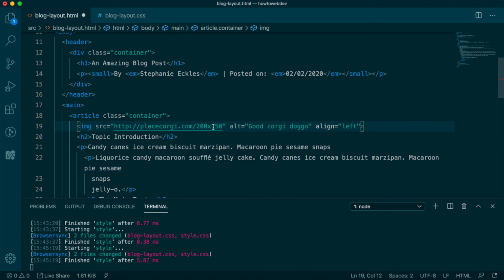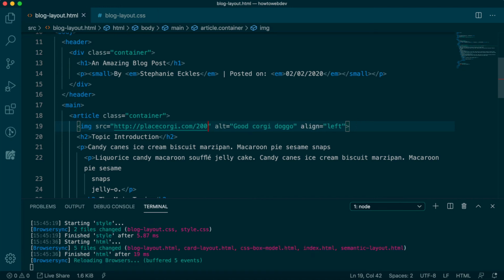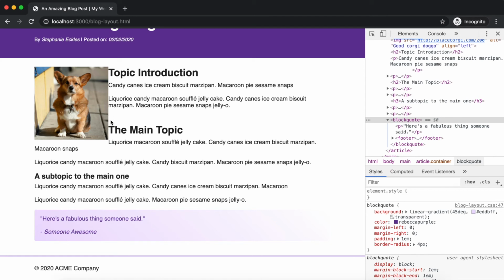back in. Let's also update the source URL to drop the X150, which was added in error in the HTML lesson. The main issue here is lack of space between the image and the surrounding content. Now, we want a rule that won't affect every image we may add to the site, just left-aligned images in our articles. We also committed an error in our HTML lesson, which was done purely because we hadn't learned CSS